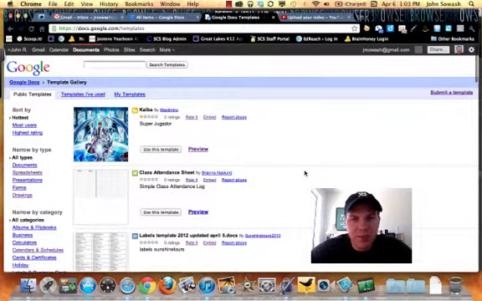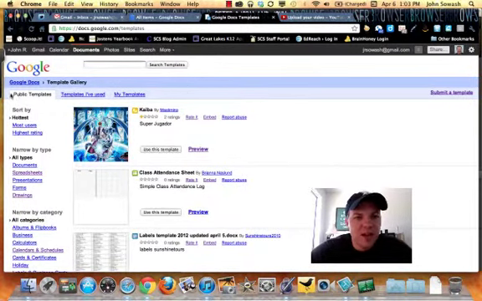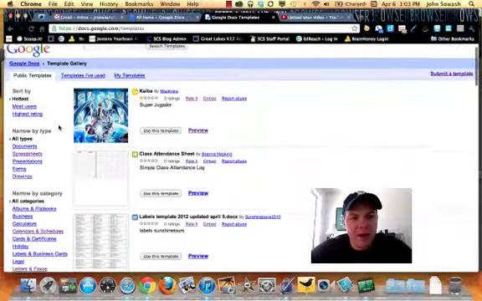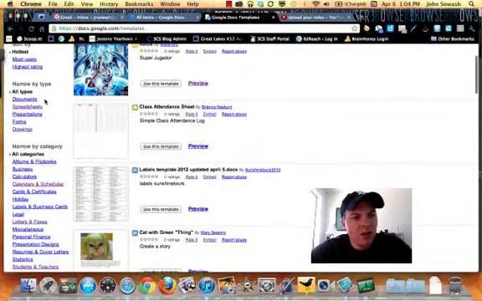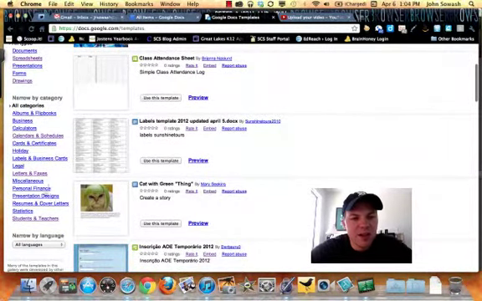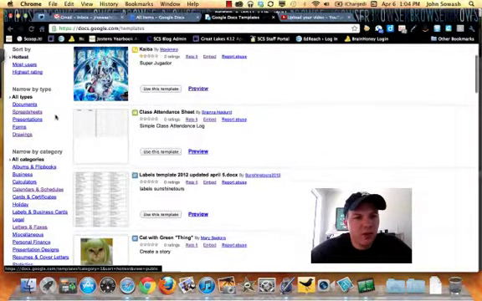Obviously, search is the biggest thing. Typing in a search term in the box will pull up lots of results, and then you can filter those results by the type of document that you want, whether it's a document or a spreadsheet or a form or a drawing. They also have these categories down below. I don't find the categories to be terribly helpful because they're so broad, but you can certainly browse through them